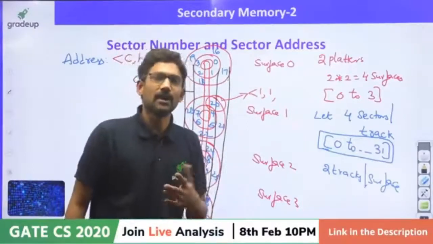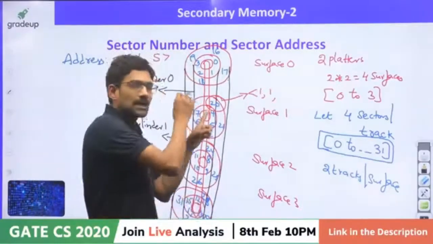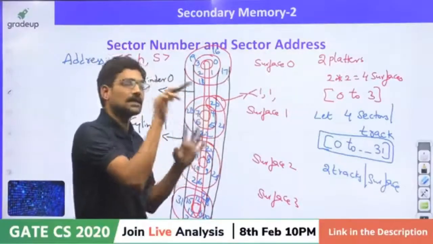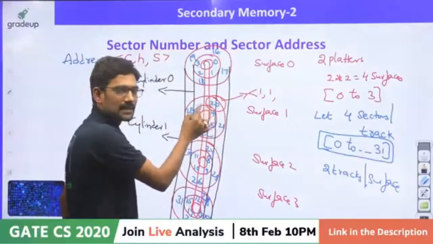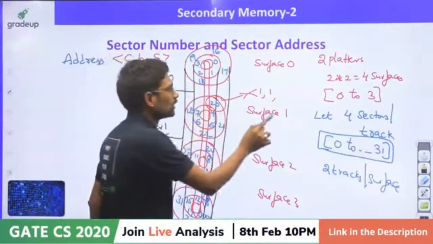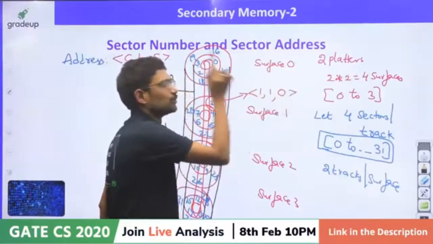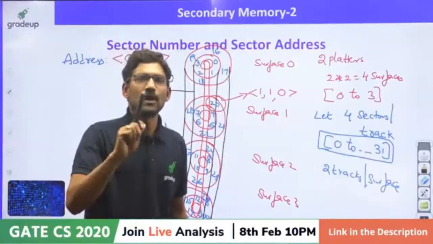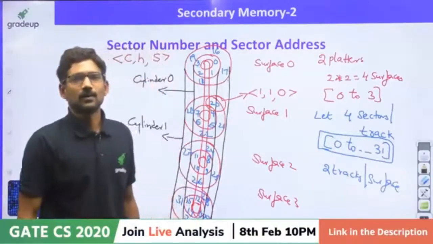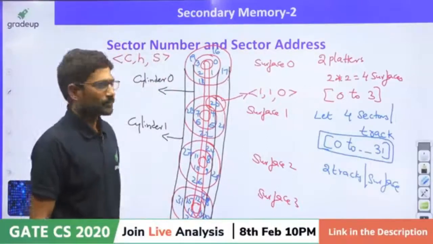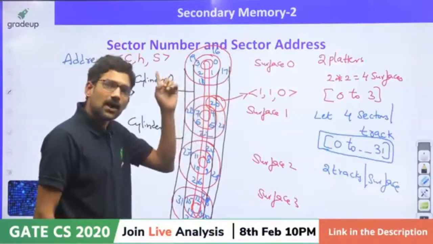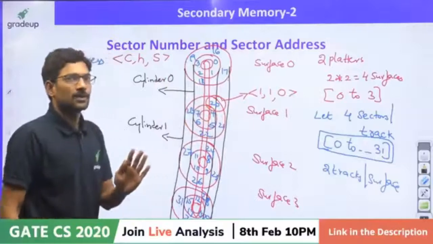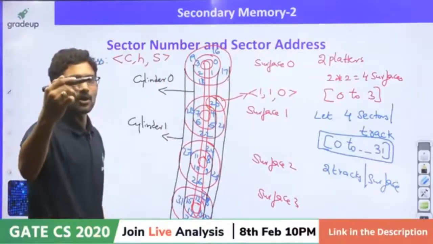In the same way, you should always see the corresponding cylinder, the corresponding surface, and the sector number. Here there are 4 sectors. It is the starting sector. So it would be 1, 1, 0. Aman Raj, it is not 1, 1, 16. It is 1, 1, 0. Because this is the first sector on this cylinder, on this surface. Now, no problem. If anybody has given a wrong answer, don't worry.